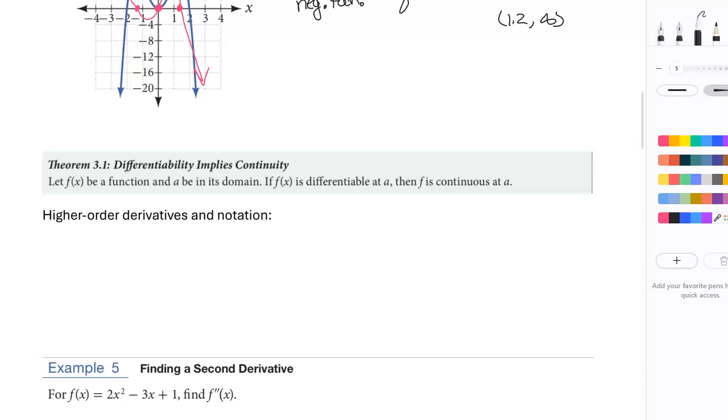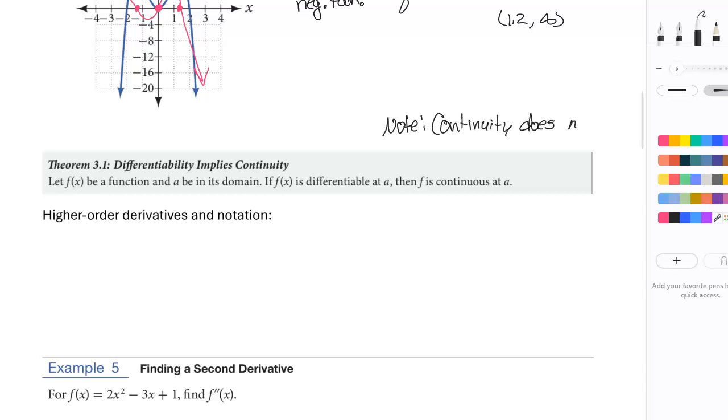The next theorem is a really important one. It says let f of x be a function with a in its domain. If f of x is differentiable at a, then f is going to be continuous at a. Notice that order, if, then. If it's differentiable, then it's going to be continuous. It does not say if it's continuous, then it's differentiable. So differentiability implies continuity, but continuity